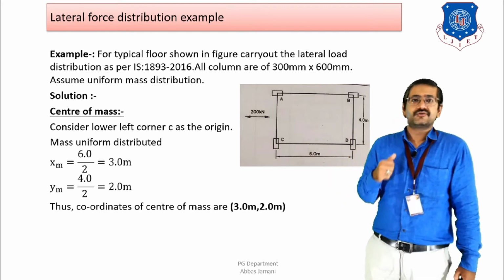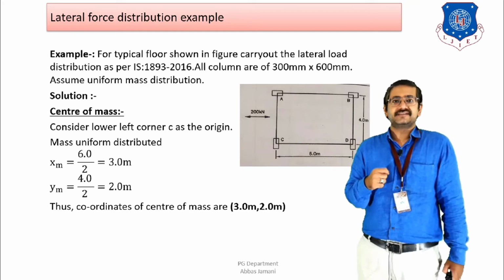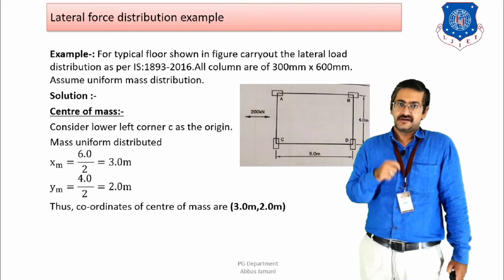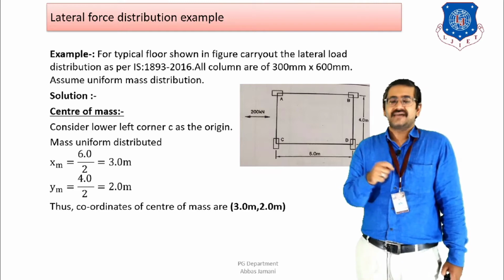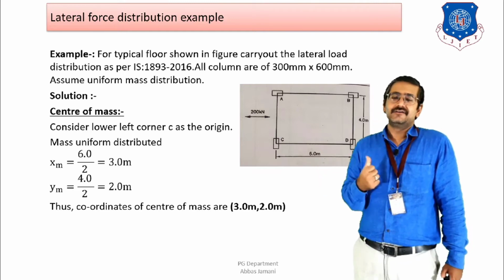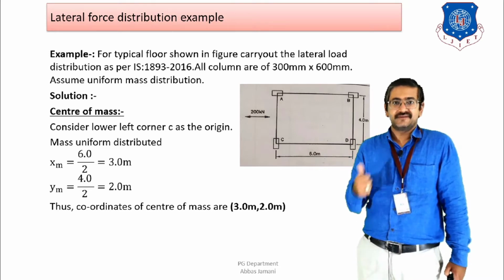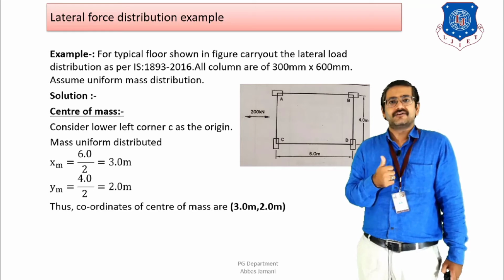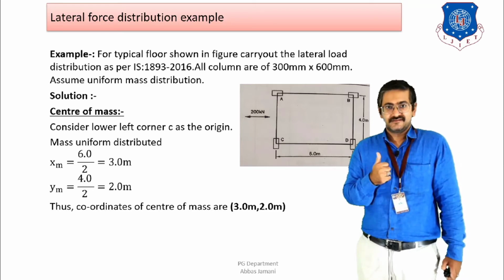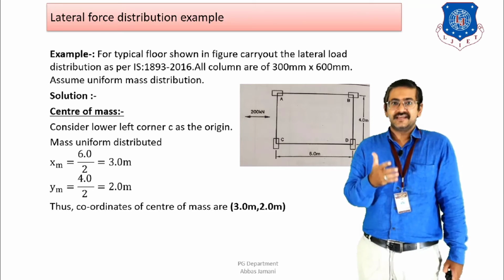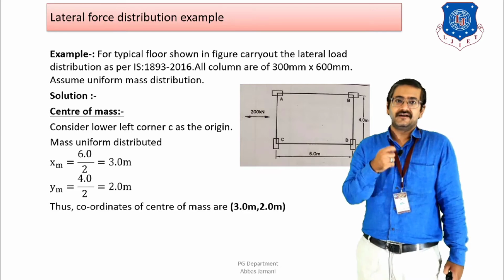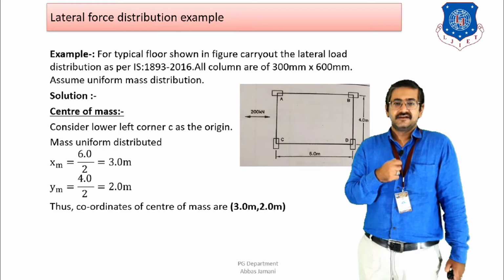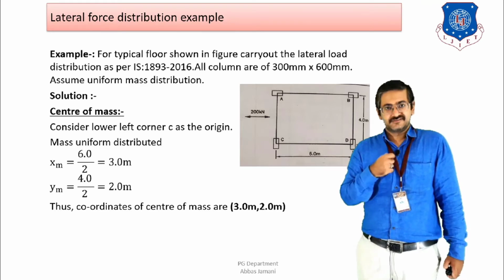If I want to calculate the center of stiffness, I first need to calculate the stiffness of the columns. In order to calculate the stiffness of the columns, I have the size and the floor dimensions, but I do not have the height of the column. So when I don't have the height of the column, can I calculate the stiffness, or is it required to have the height of the column in order to calculate the stiffness? At the same time, the support condition is also required, right.